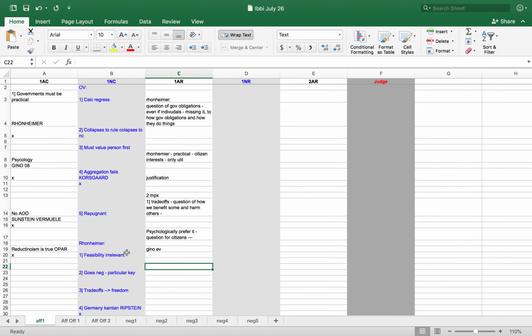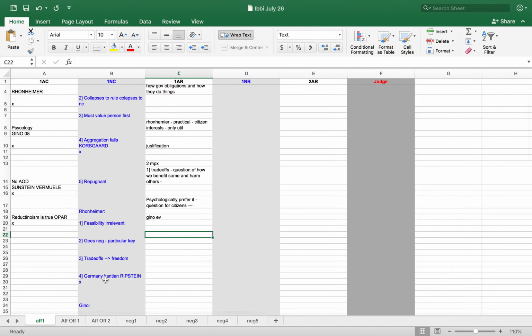First is I think you need to signpost a little bit more clearly in that you sort of jump between flows a little bit in that you extend this Ronheimer argument, but there are kind of four responses to it that you sort of answer towards the tail end of the speech, but when you're on the NC, which is a little confusing because those arguments I float at least against the AF, because they were in direct response to this specific Ronheimer card. So as you extend Ronheimer, I would answer it then. Because I think that would be a little bit simpler, just to answer it kind of all in one place. Does that make sense?